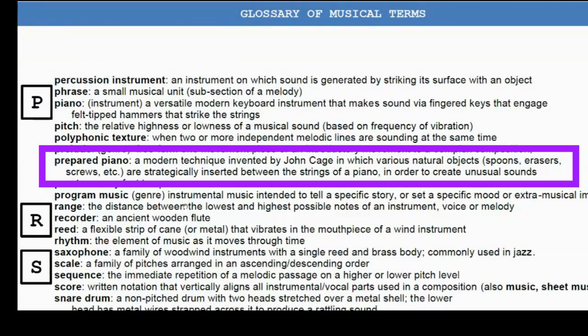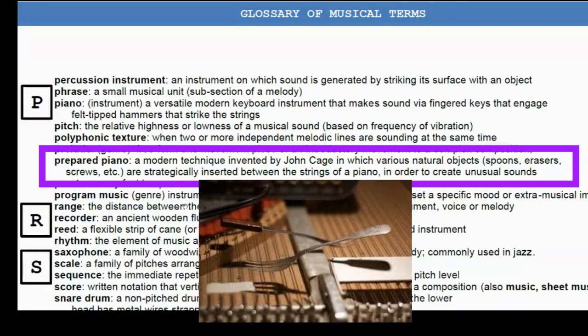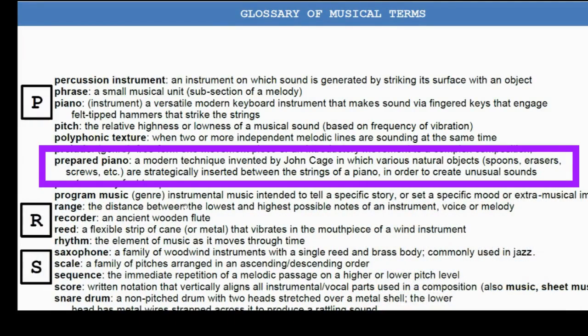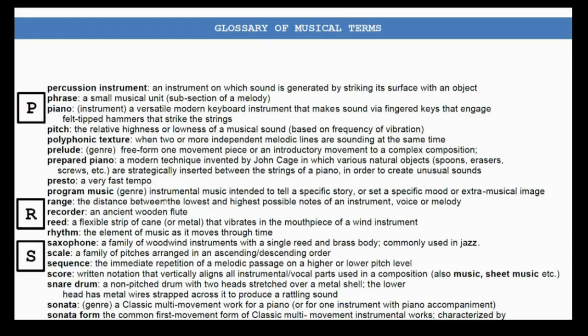Prepared piano is connected with modern music, a modern technique invented by John Cage, in which various natural objects like spoons, erasers, screws, etc., are strategically inserted between the strings of a piano in order to create unusual sounds. Presto means a very fast tempo. Program music is a genre, instrumental music intended to tell a specific story or set a specific mood or extra-